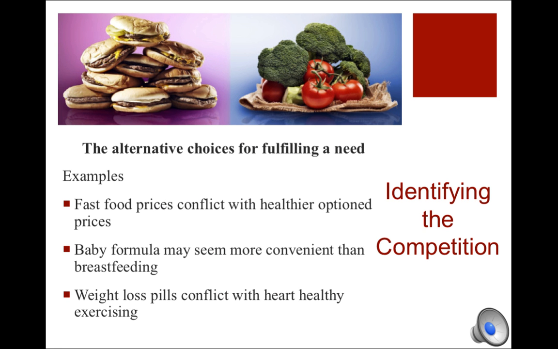It is easy to identify common brands that are in competition with one another, such as choosing between a Lexus versus a BMW. But not all competition is equally comparable. Competition is the alternative choices for fulfilling a need. This includes other programs or services that are offering similar programs or products, or that are sending messages that are in conflict with the behaviors program planners are trying to promote. A program promoting an increase in the consumption of healthy foods will have to bear in mind the competing prices and convenience of fast food and cheap, high-calorie, low-nutrient foods that may deter the priority population from program goals and